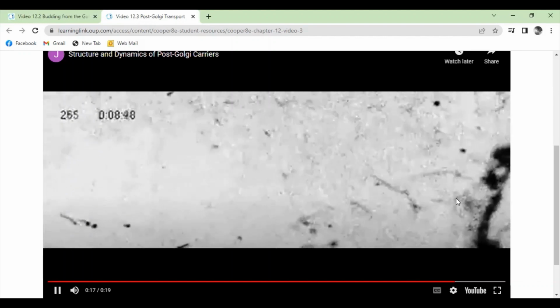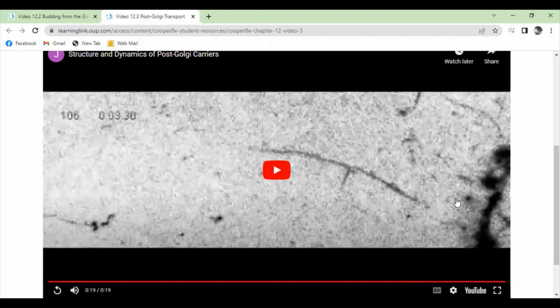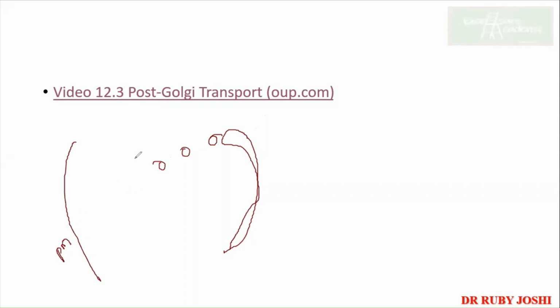So when all this vesicle transport is happening, even though it is so fast, you need to understand that each step is happening very fast. I'll tell you one thing. See, if this is your trans-Golgi, from here your vesicle is formed and is going to the plasma membrane. Let's say this is your plasma membrane for the fusion. It's not that the vesicles are simply getting transported to the plasma membrane. It is not floating in the cytoplasm.